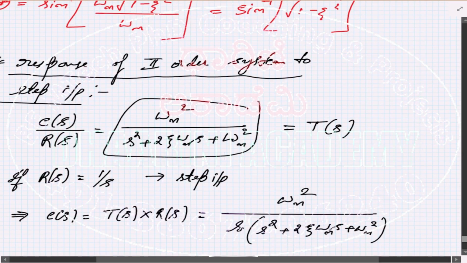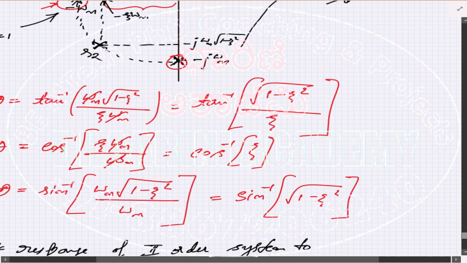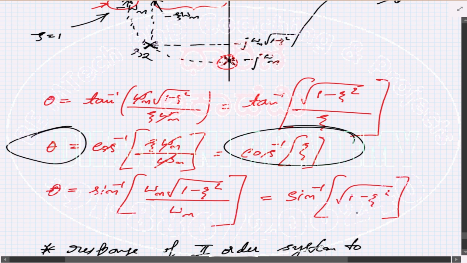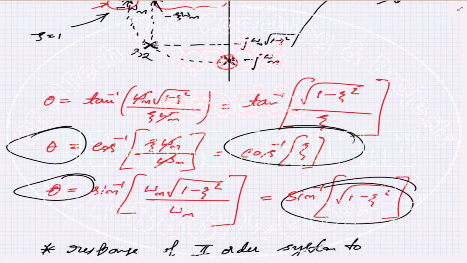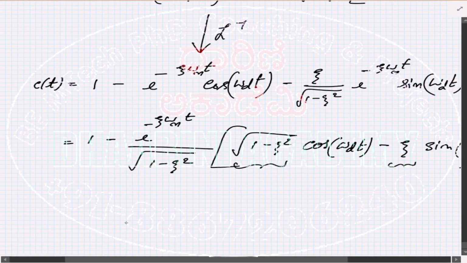Now let's go back and check what this term and this term are. Can you tell? Because we already know something which is pretty much defined, right? Use this and this to define simply zeta and root of 1 minus zeta square. So this is a cosine function and the other one is a sine function. So let's substitute that. This is 1 minus e to the minus of zeta omega n t whole divided by root of 1 minus zeta squared times